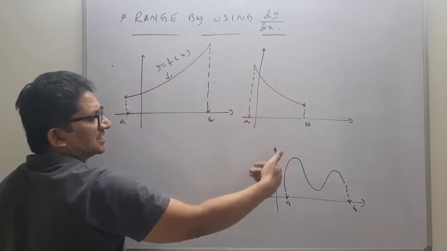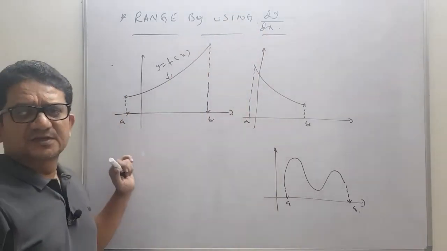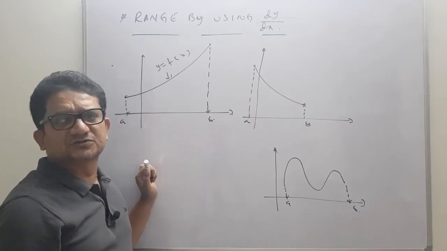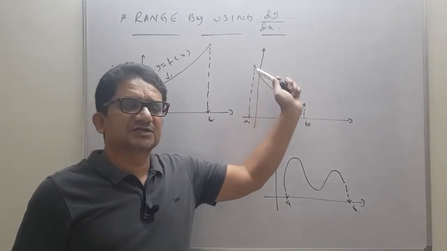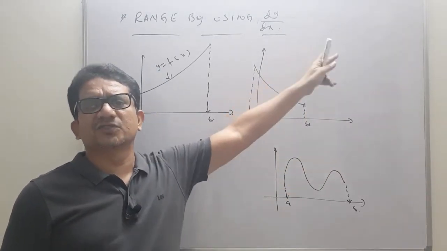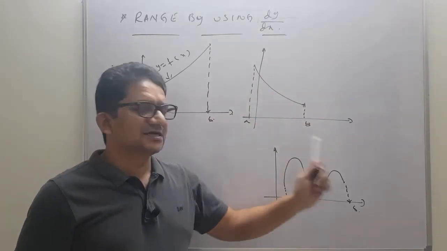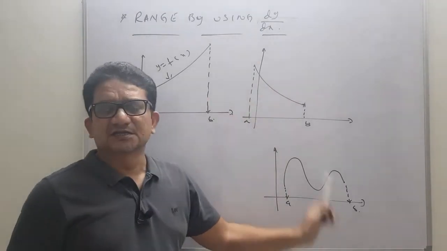or decreasing, or neither increasing nor decreasing, with the help of its first derivative. We know that if the first derivative of the function is always positive, then the function is increasing. If the first derivative is always negative, then the function is decreasing. If it is maintaining both, sometimes positive and sometimes negative, then it is the neither increasing nor decreasing case. So dy by dx will be helpful to decide all three things.